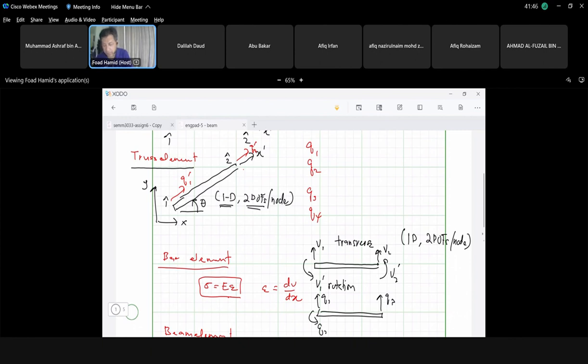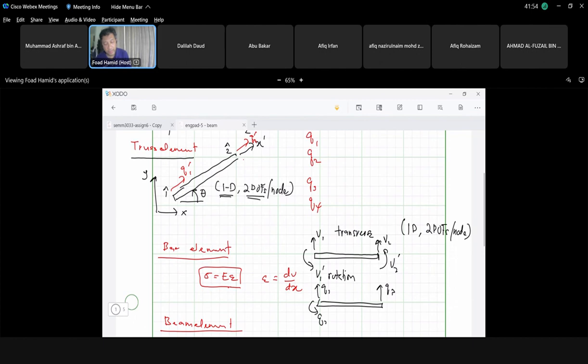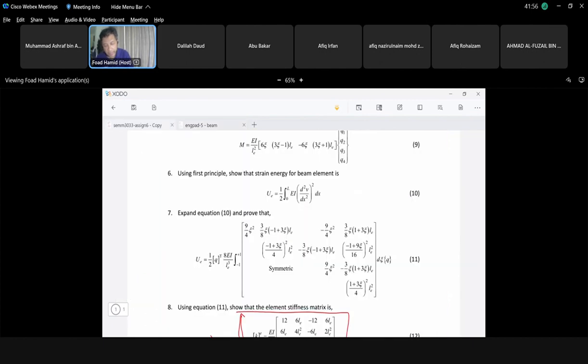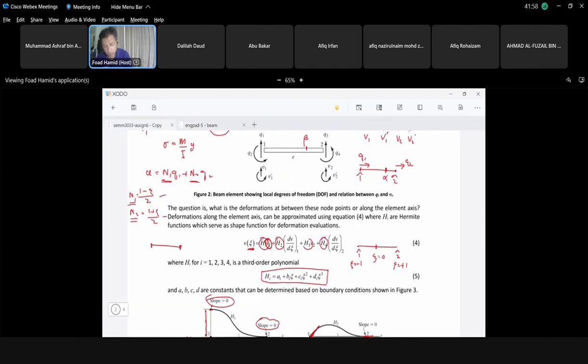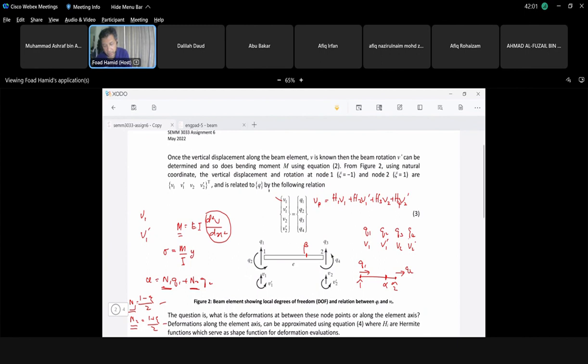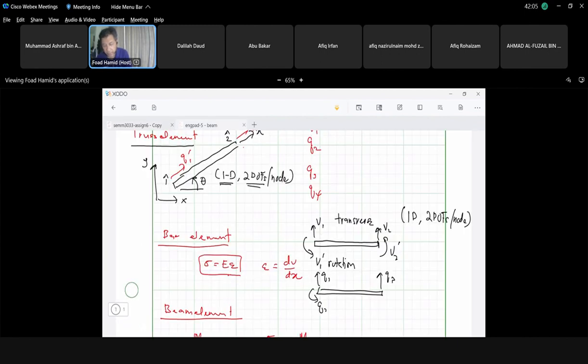And then the same thing for our node number 2, we have V2, and then V2 prime. And what we did was we mapped it, I think in one of the questions, we mapped it to this one. Okay, in the question, so we mapped it. V1 is Q1, V1 prime is just Q2, and Q3, and of course, this one is